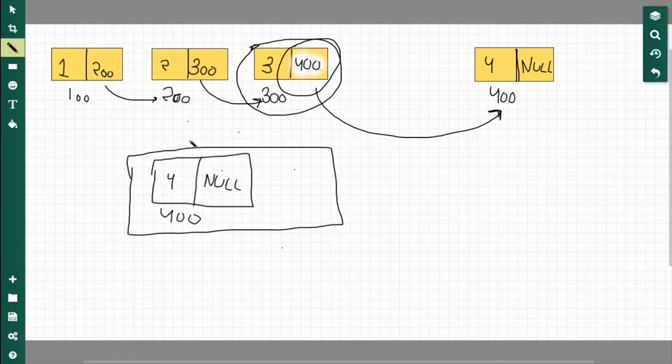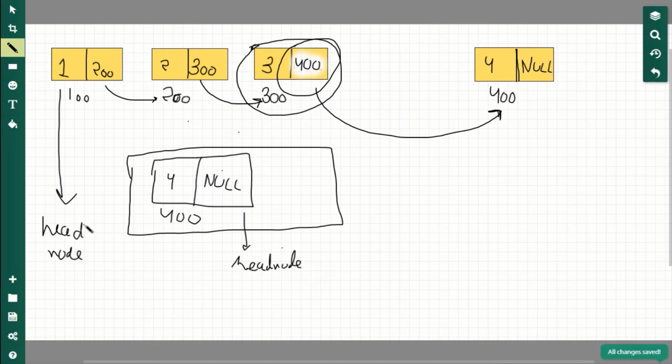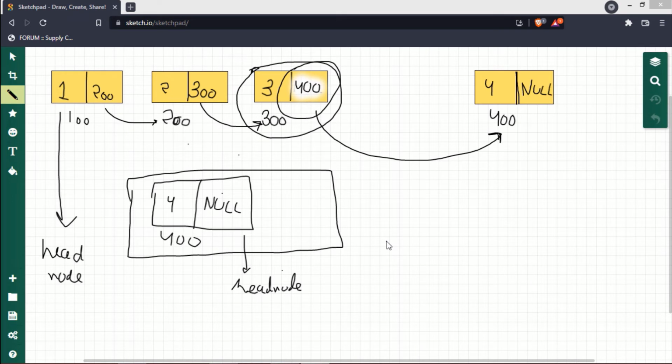If we want to insert our new node in an empty linked list, then we have to make our new node the head node. As I told, every first node of a linked list is known as the head node. So from these 3 conditions we can easily insert a new node at the last of a given linked list. Now I'm moving to the coding part.